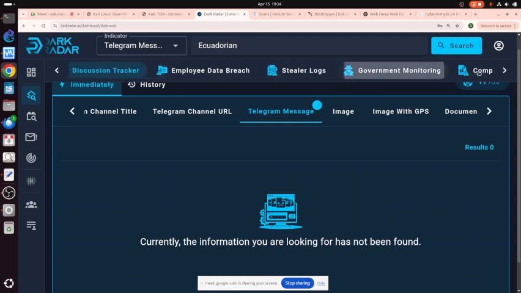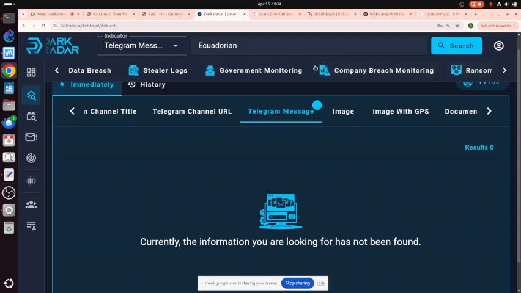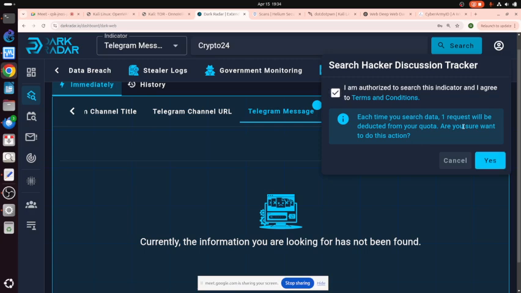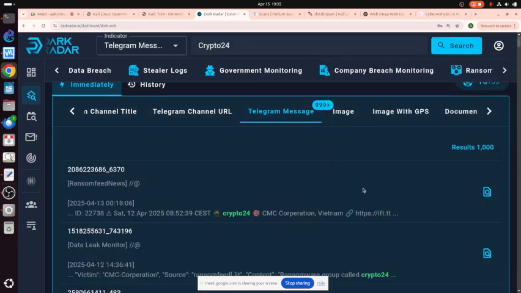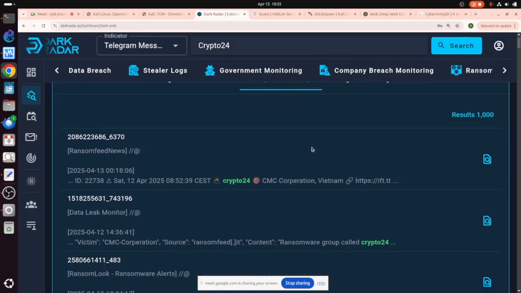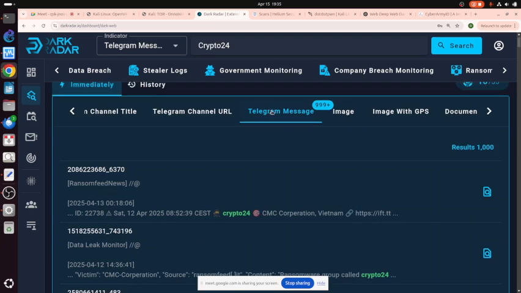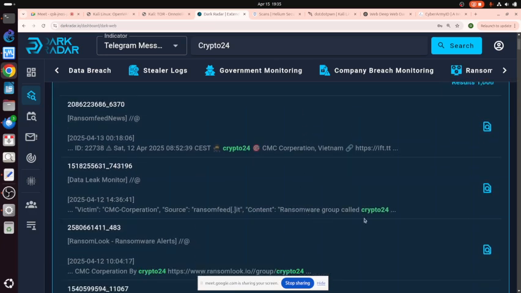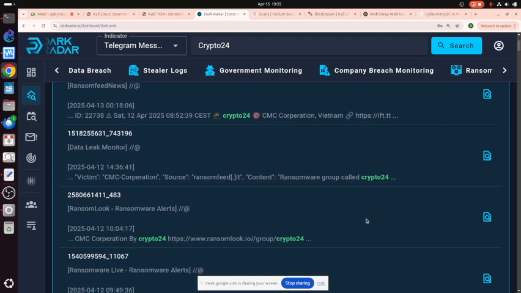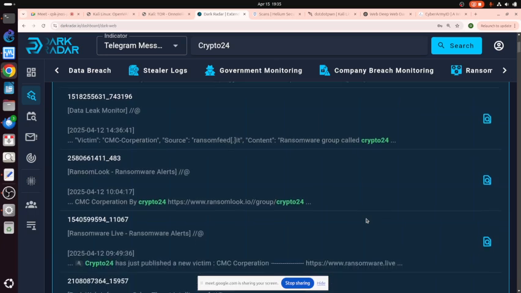Employee data breach, government, or company breach? I put company breach here. Crypto 24. I don't know where. Oh, maybe Crypto 24. Oh, there are a lot of Crypto 24 in Telegram messages. Oh, okay.